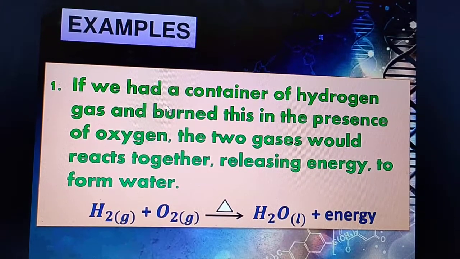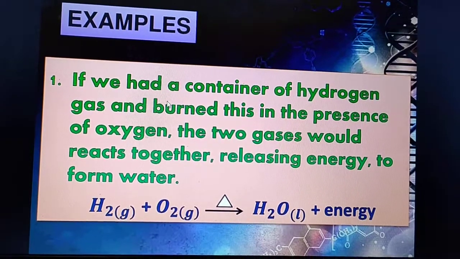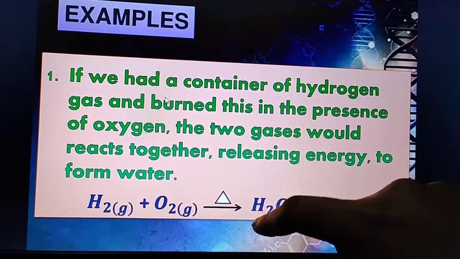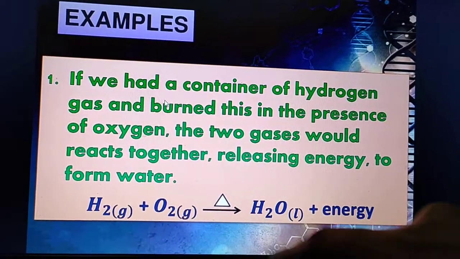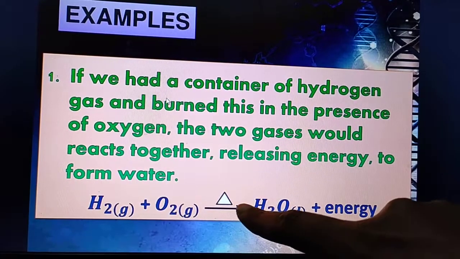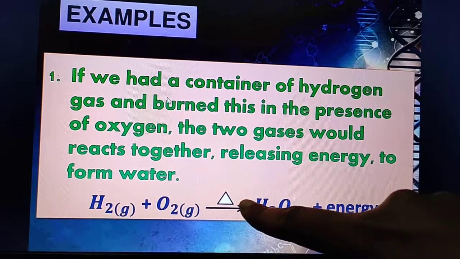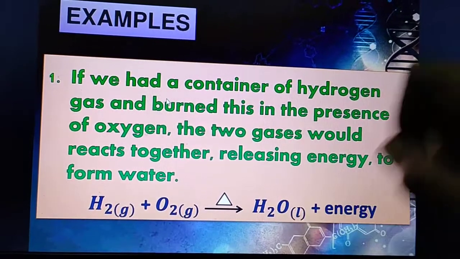So what you have to do, you have to add only a coefficient, you cannot touch the subscript. So you can write in front of this molecule anything, 1, 2. So what will you write, so that the 2 oxygen atoms will come here? So if you write here 2, that means 2 ones are 2. Oxygen is 1 here, nothing is written, that means it is 1. So 2, if we write here 2 ones are 2, so then oxygen is balanced.